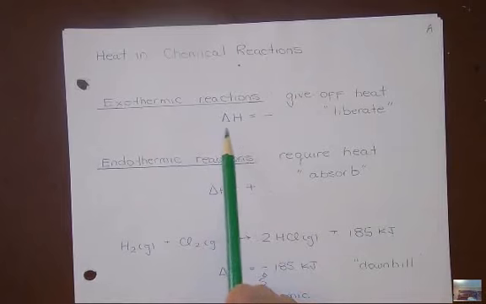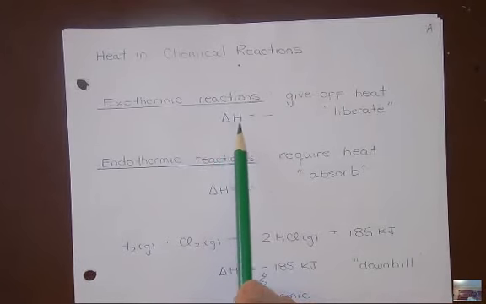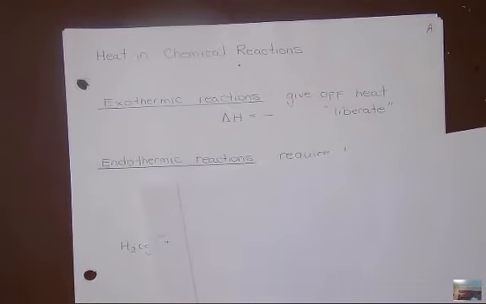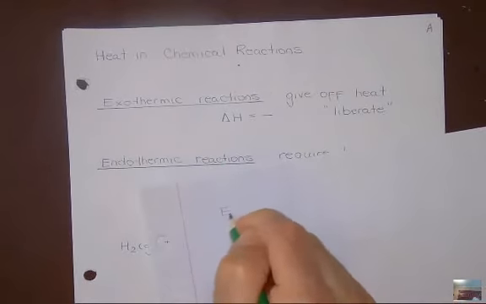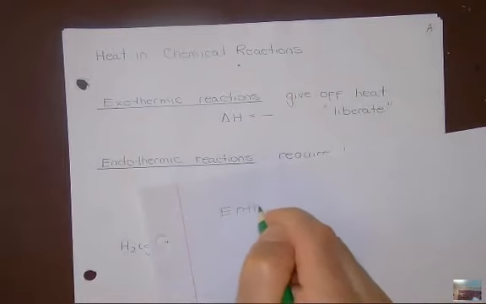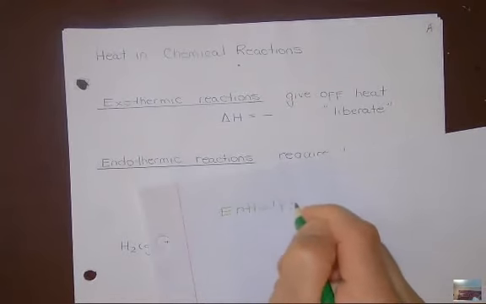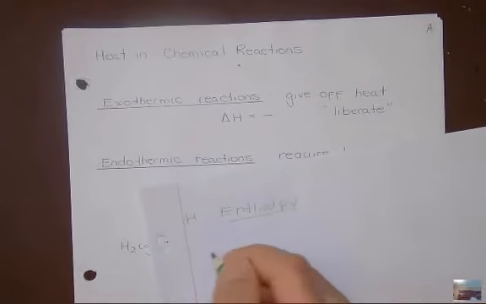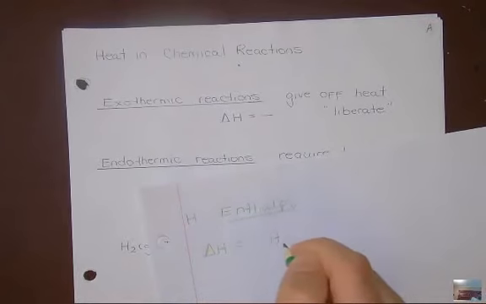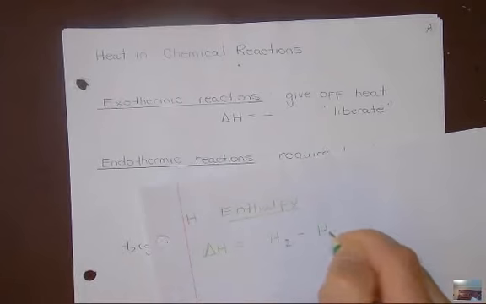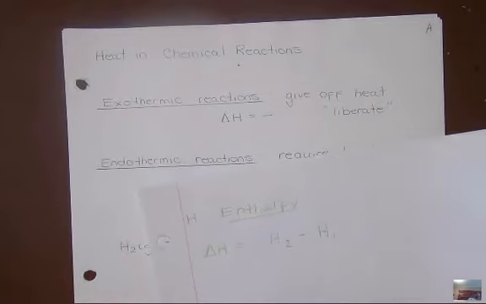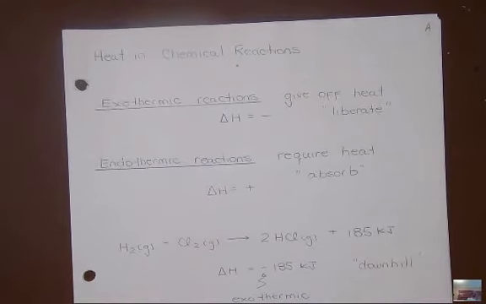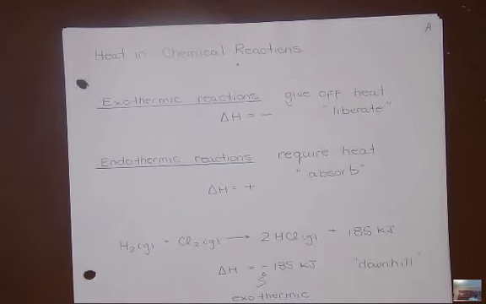So in those cases, delta H, which is called the change in enthalpy, so H is enthalpy, so I'll write that down for you, okay? It's a fancy word for the heat of the reaction. So if you go on to general chemistry, that's what H is. So H is enthalpy. So delta H is the change in enthalpy. It's H at the end, or H2 minus H1. That's delta H, okay? We're always interested in the change in the enthalpy of the chemical reaction,